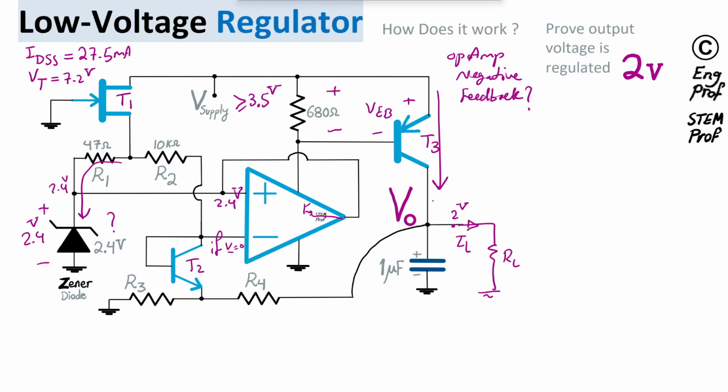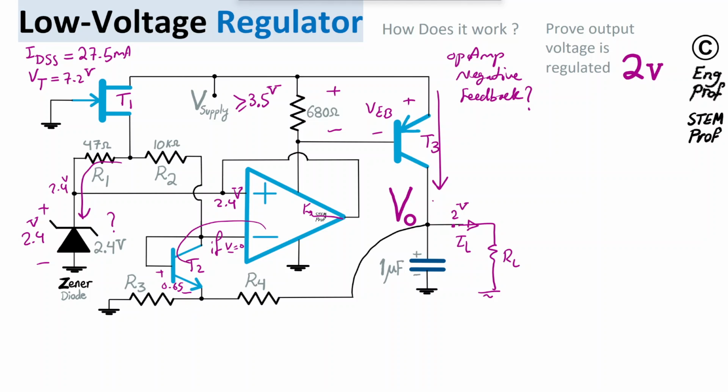than 2.4, there is a current that is going this way. So effectively, this T2 will get biased, and we will have the nominal, let's say, 0.665 volt voltage drop across this transistor T2, which is a small transistor, small current. And therefore, what happens is, as we are increasing the voltage at this node, as the output voltage is increasing,